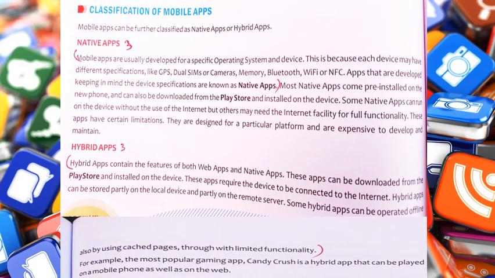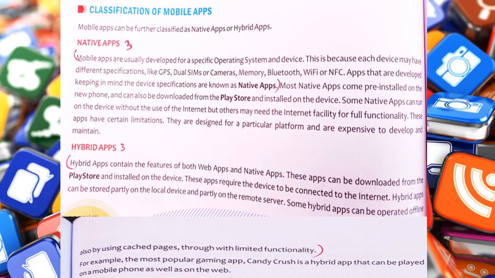These mobile apps, we can classify into two parts. Number one is native apps and number two is hybrid apps. Now, first of all, native apps. Mobile apps are usually developed for a specific operating system and device.